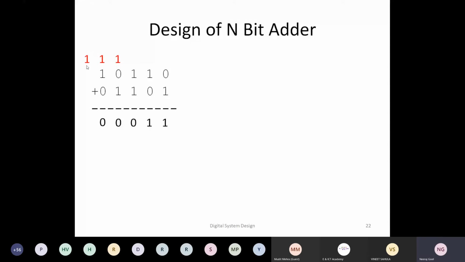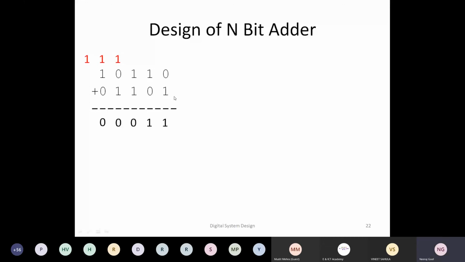If I see it carefully, if I have to do it in hardware, if I am able to create a 1-bit adder at any particular slice, the nth bit, to calculate the sum at the nth bit, I need an adder which takes three inputs: the nth bit of number 1, the nth bit of number 2, and the carry of the previous n minus 1 block. If I add these three inputs, then I would have two outputs: one is the sum of that particular stage and the other is the carry for the next stage.